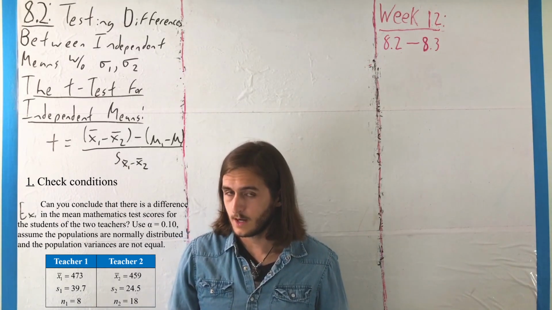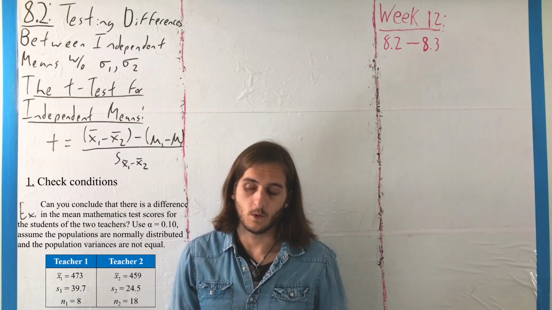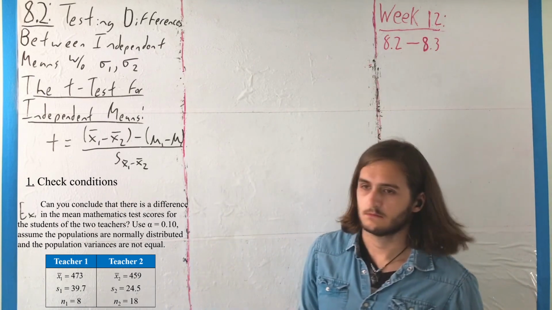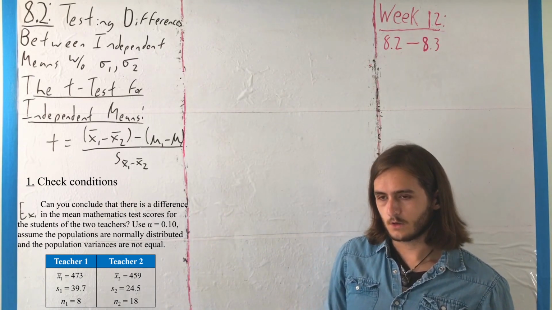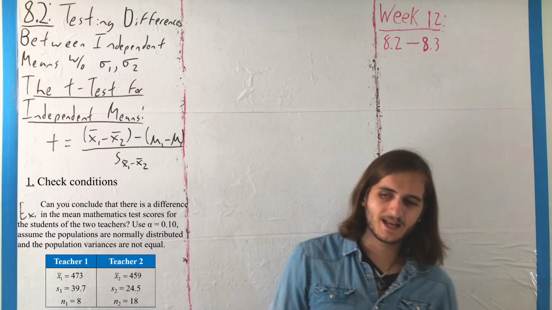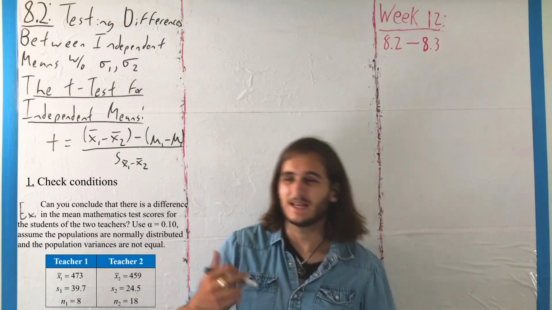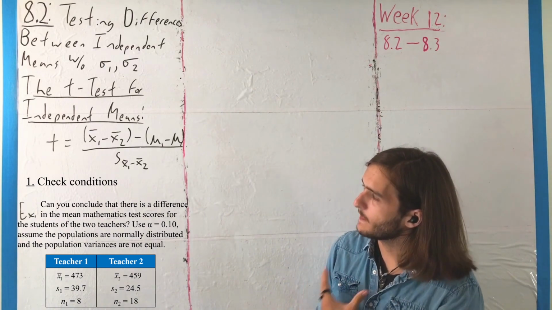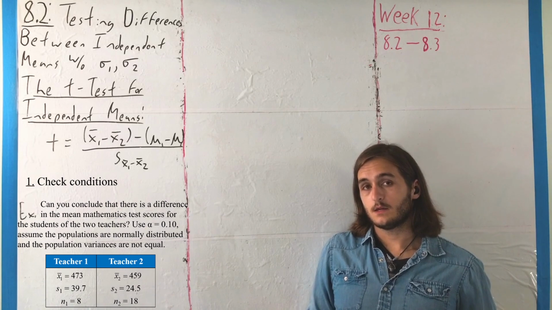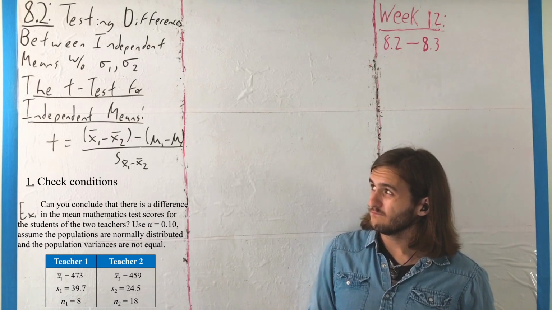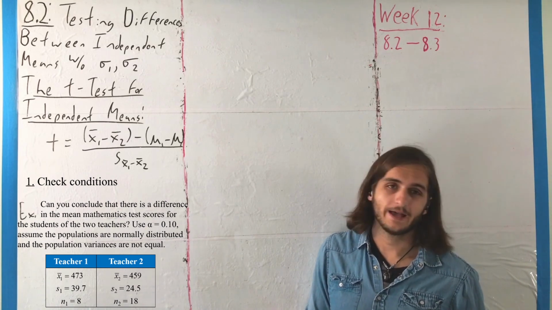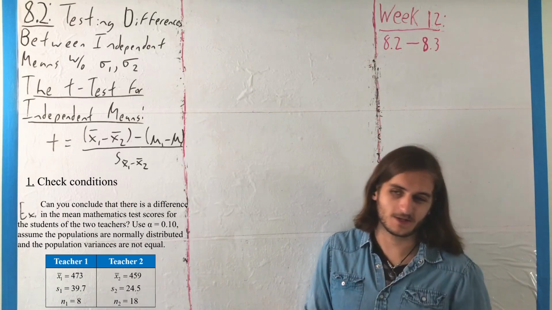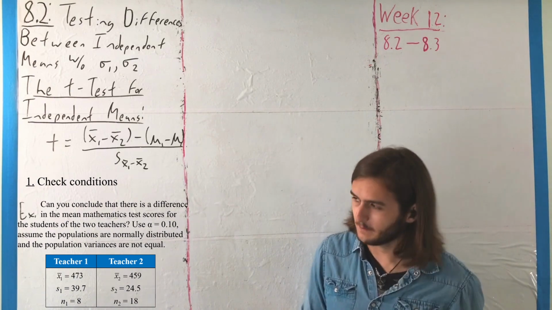But more obviously, we can see that one sample is 8 students and the other sample is 18. That is much smaller. So, because they're different sizes, they cannot possibly be paired, they cannot possibly be dependent, so they are independent, and we're also not given any information about the populations at all, really. So, this has to be a 2-sample t-test for independent means without sigma 1 and sigma 2. Like I said, it's still a mouthful,